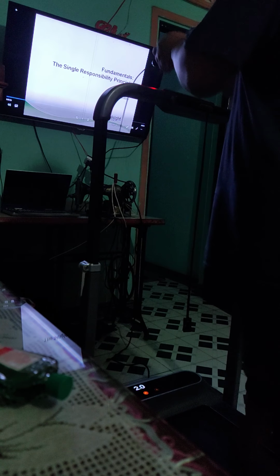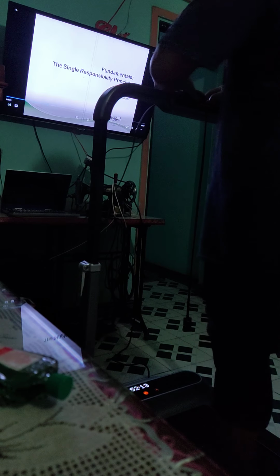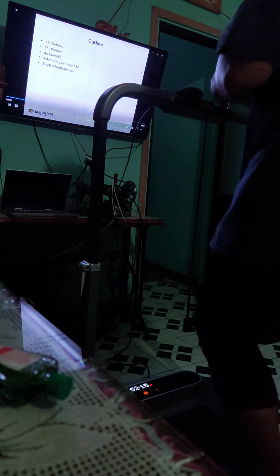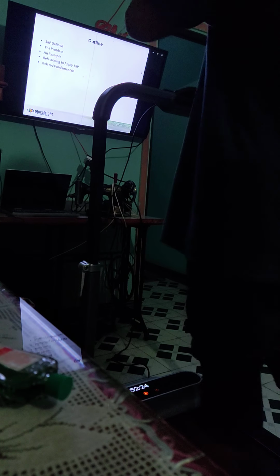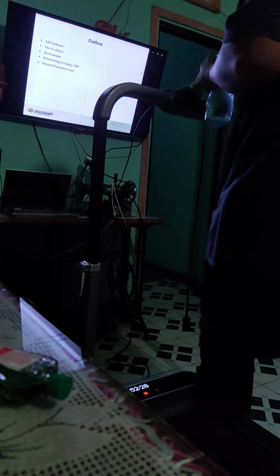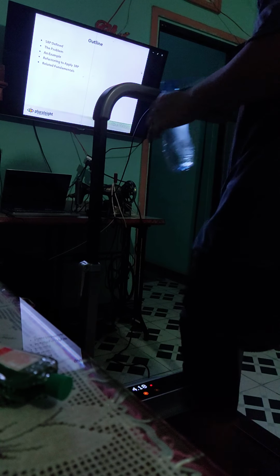The software fundamentals, the single responsibility principle. We'll begin by defining the single responsibility principle, demonstrating what some of the problems are when classes have too many responsibilities, and then we'll look at an example in code that shows how a typical e-commerce application might be worked